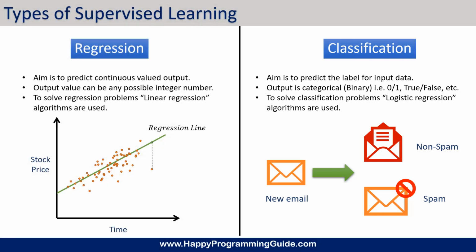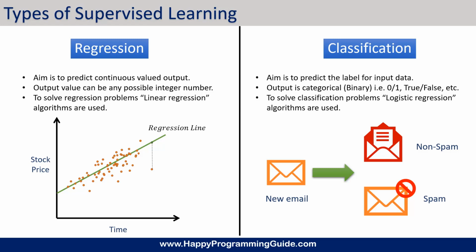So the basic aim of a classification algorithm is to label the input data. If the algorithm tries to label the input into two distinct classes, it is called binary classification. Otherwise, if the classification is trying to classify the items into more than two classes, then it is referred to as multi-class classification. A few examples of multi-class classification are: Gmail classifies the incoming email into spam, promotion, updates, etc.